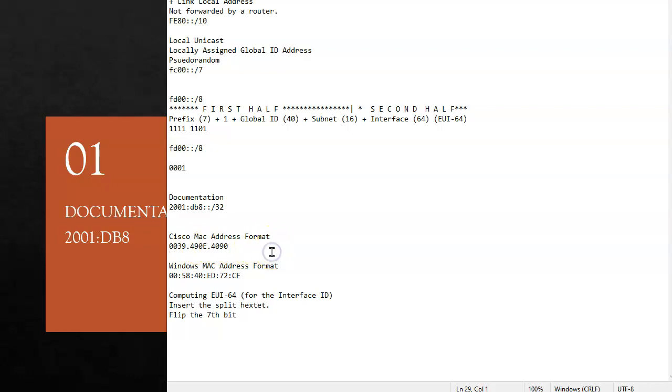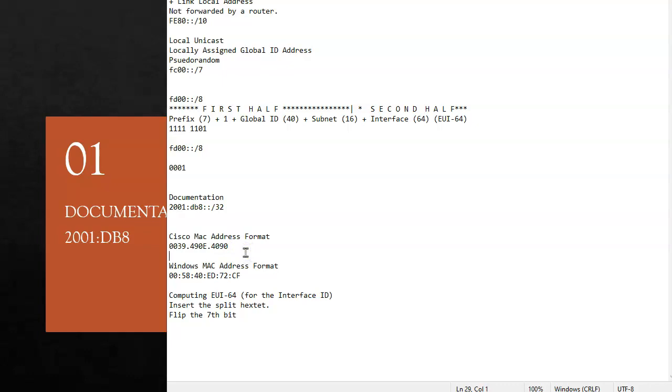Now, what we know about 6 bytes is that if we look at that in terms of bits, this is 8 bits, 16 bits. This is another 16 bits, it's 32. And this is another 16 bits, it's 48 bits.